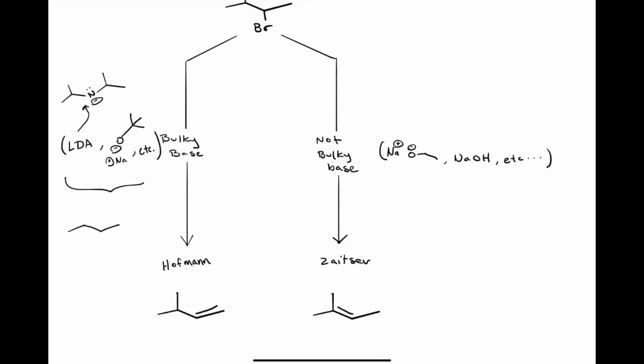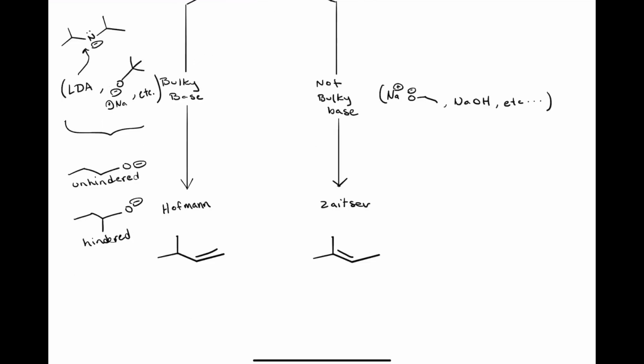Now, a hindered base is one where the carbon attached to our charge is substituted. For example, these two molecules. The top one is unhindered, while the bottom one is a hindered molecule. So if this carbon attached to our charge is a CH or a C, we're going to get a hindered